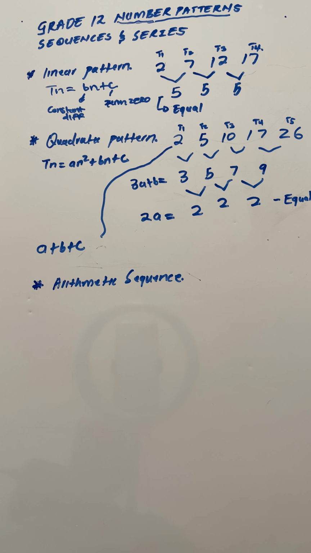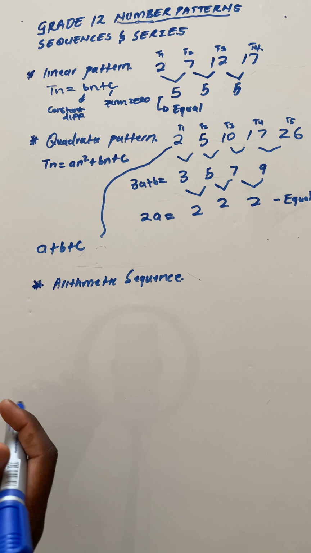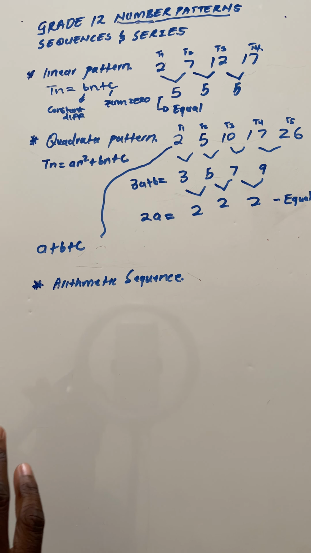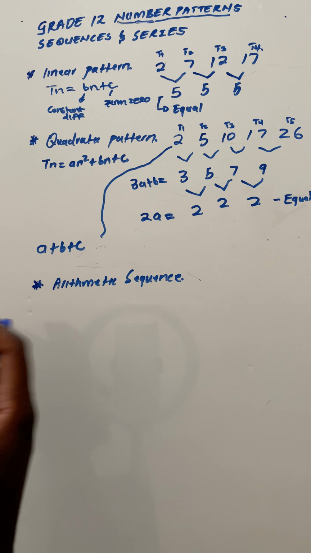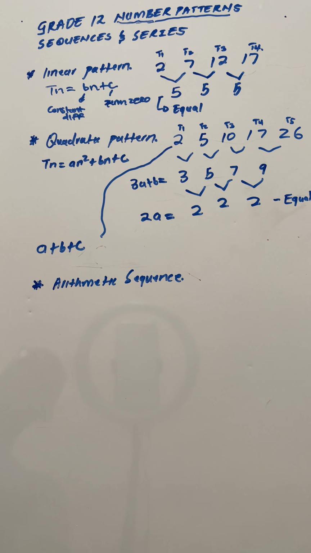So an arithmetic sequence and a linear pattern, I would say it's just the same thing. An arithmetic sequence is just a linear pattern that now went to private school, since that is what we say to things that are familiar but are now fancier, right? So it's the same thing basically, because the concept is still the same thing. So for example, in an arithmetic sequence,